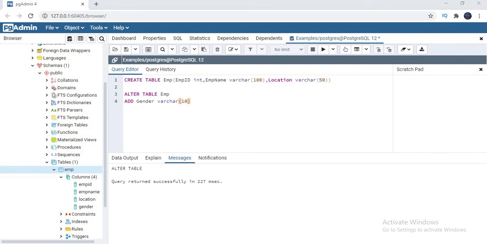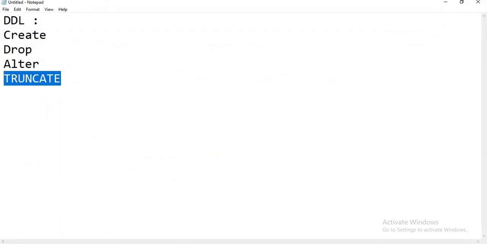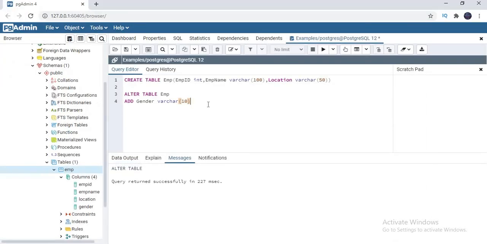So the next one is truncate. What is the purpose of truncate? Truncate is the one which removes all the data in the existing tables, but the schema, which is nothing but the table structure, the table definition, won't be affected. Then how to perform it is truncate table emp. Currently I don't have any data in the emp table, but I'm currently in the DDL commands. When I go to DML commands, I'll talk about how to do insertion, delete, update, and again I'll show you how to truncate there as well. But truncate is the one which removes data permanently from an employee table.